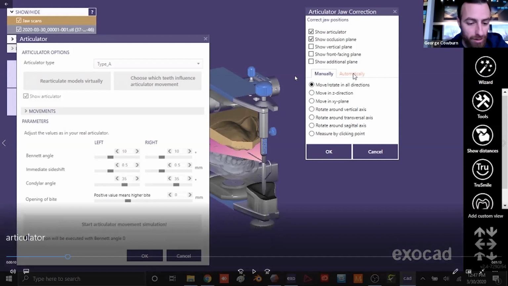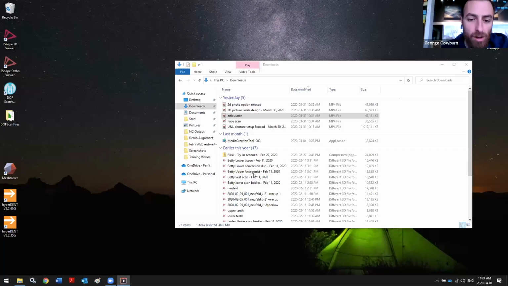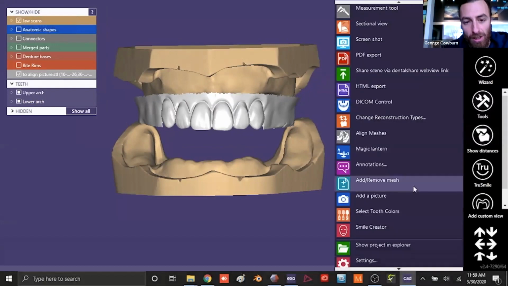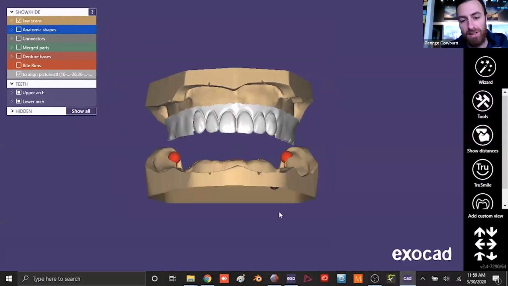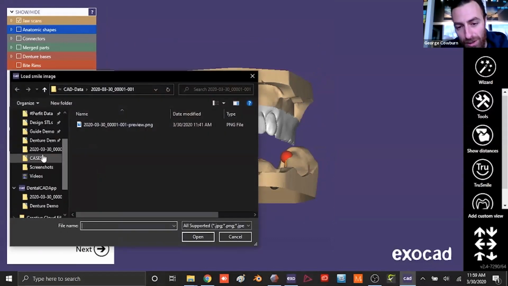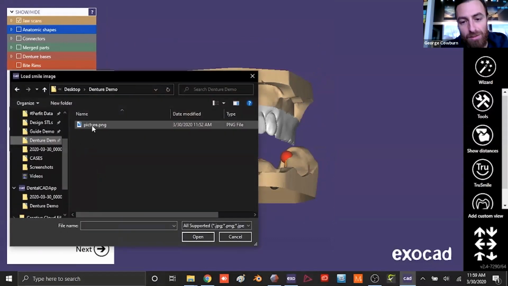Yeah. So the other thing that is great, and this is really the cause of remakes, would be with respect to information being wrong, like your bite or your impressions being wrong. But then the second way that you're going to go wrong is aesthetically speaking. So your midline is going to be not perfect. Your plane of occlusion isn't going to be quite perfect. And this is where